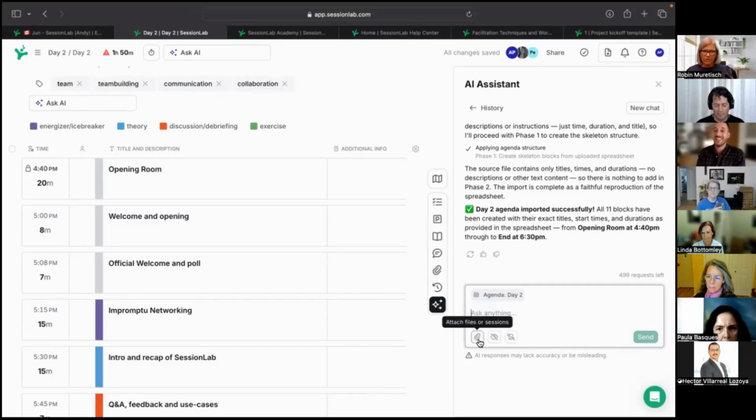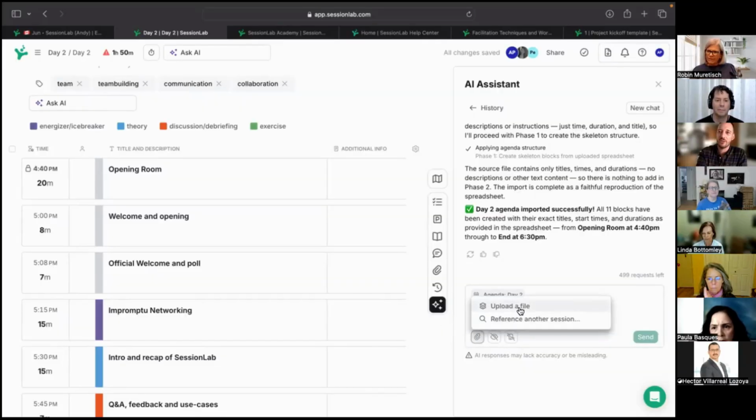But I could also attach files or sessions directly from here. So if I have a session that I've already delivered and I want to upload it here, and I want to say, create this session, but make it twice as long, or create this session, but make it fit into a 2-hour time slot, I can upload something else and ask it to adjust that for me there too. So just clicking on that button, you can upload a file,